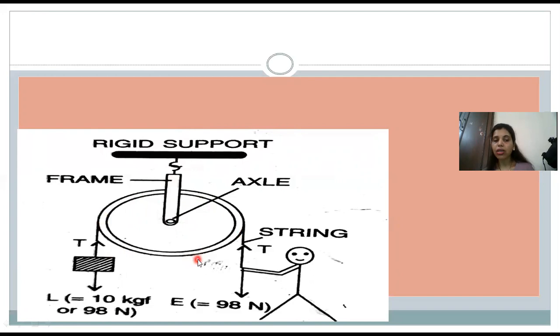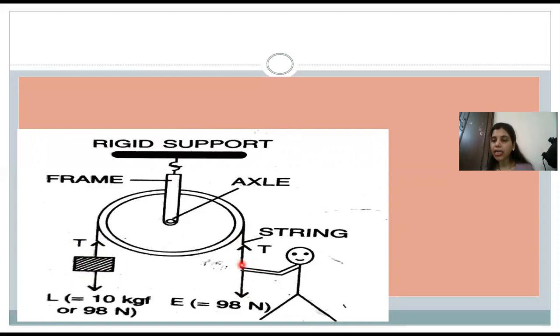In that string, the downward position of the load when you're drawing the arrow from the load, you can see over here it's written load is 10 kgf. The reason is it's G that we have marked, and the tension in the upward direction because it is balancing the load. Here you can see the effort is in the downward direction because whenever in a single fixed pulley the effort is applied, it is in the downward direction. To balance that, there is a tension in the string.